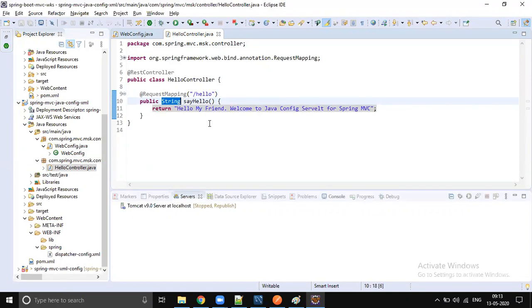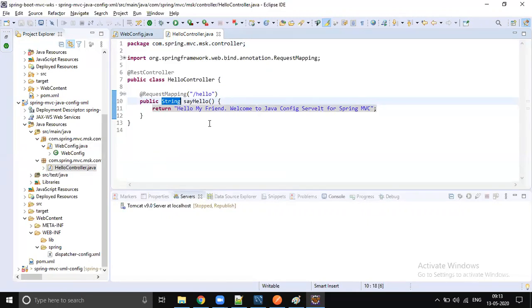Last time we rendered a JSP, but somehow that got deprecated now. No more JSPs. We're only going to return JSON data or XML data from our microservices. Earlier, we used to develop full web applications using Java, with some JSP, some view, some rendering.